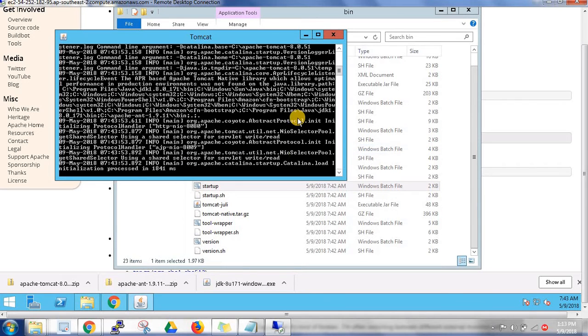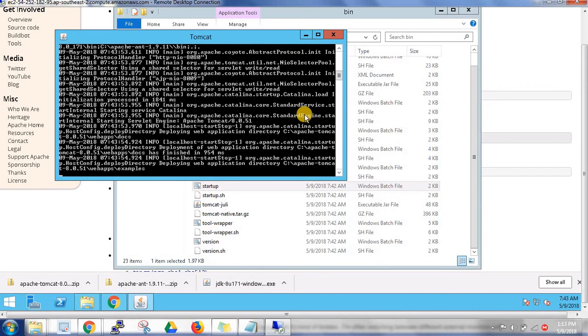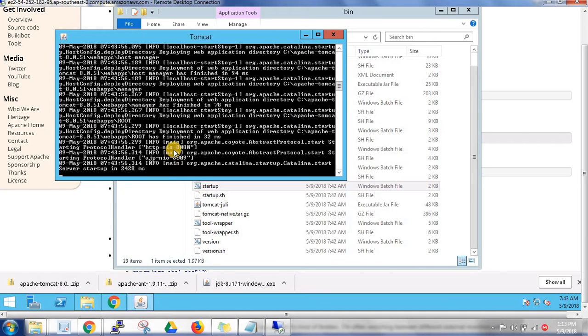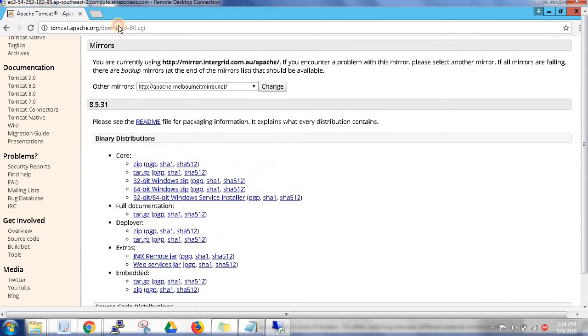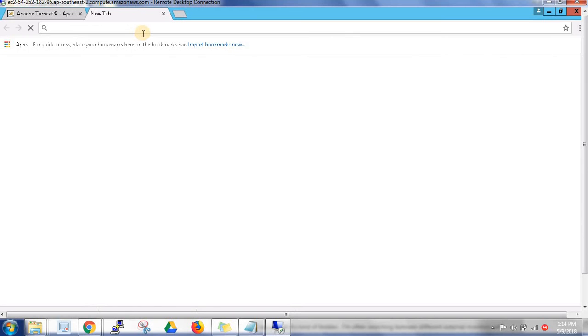So by default, Tomcat uses port 8080. Okay, port number 8080. You can see this here, the 8080 port. Now the server has started up in 2428 milliseconds. Now go to the browser and give your URL like